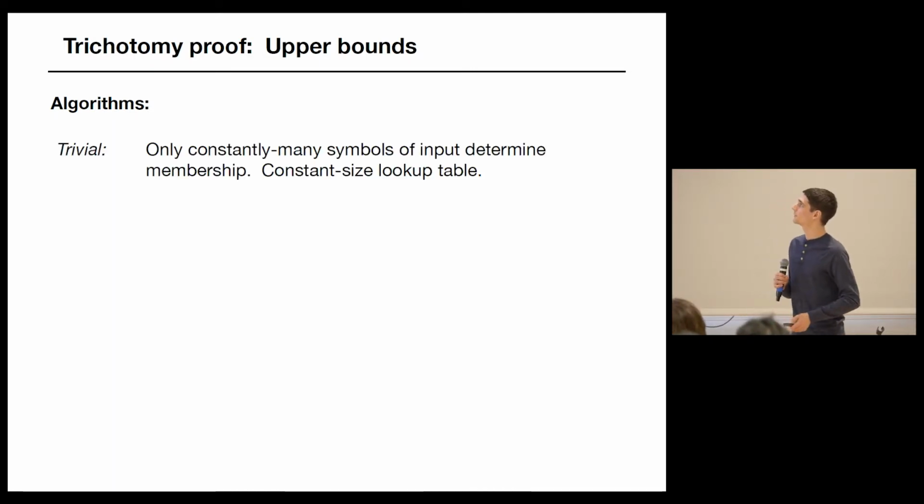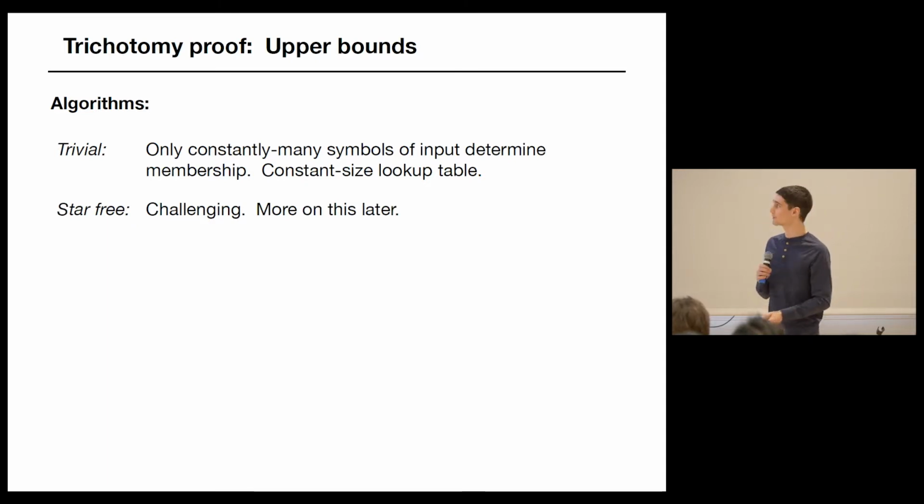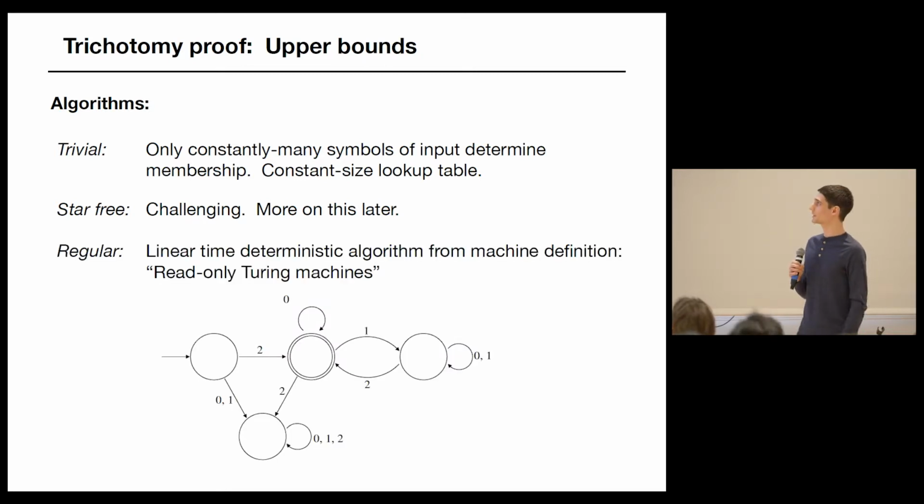So for the trivial languages, this is obvious, right? They only depend on the constantly many symbols at the beginning and end of your word. So there's just a constant lookup table, so you have a constant time algorithm. That's not interesting. Star-free languages are more challenging. More on this later. And then finally, if you have a generic regular language, well, you can always solve